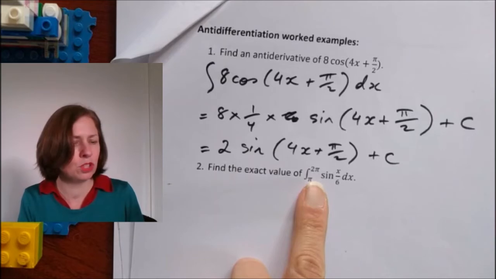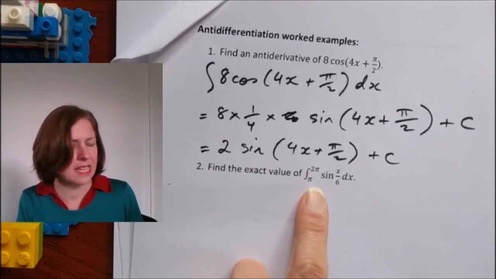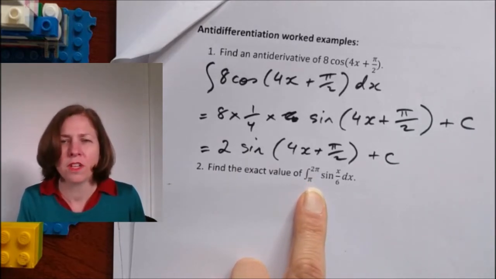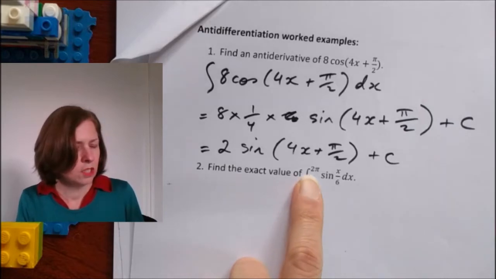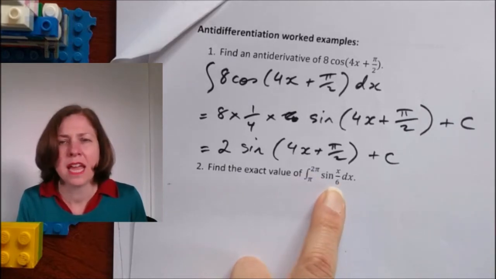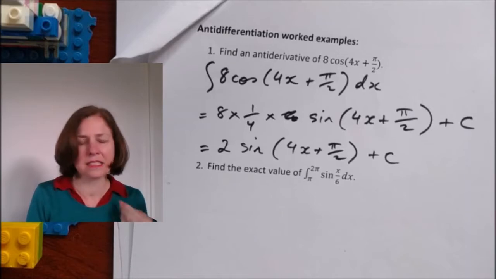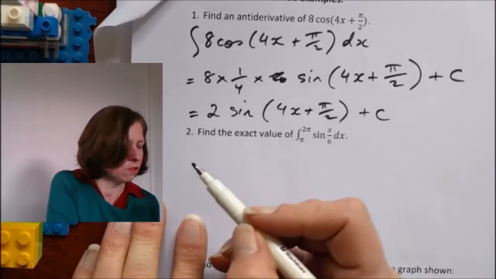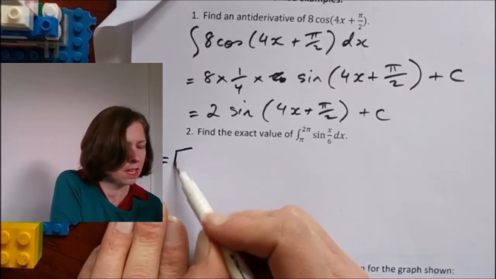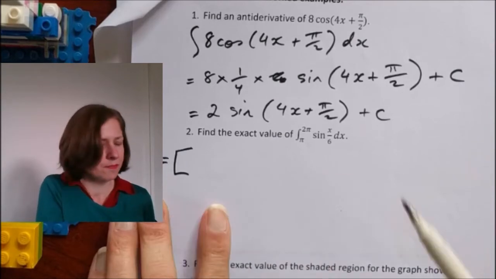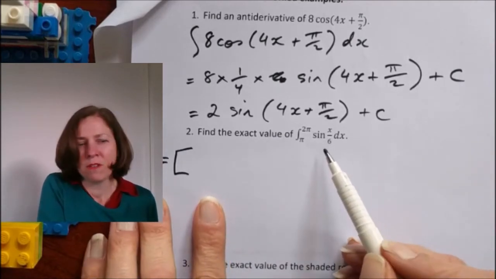In example 2, I'm going to calculate the exact value of the integral from pi to 2 pi of sine x over 6 dx. So I'm going to go straight into finding the antiderivative. Open up my square brackets. The antiderivative of sine,